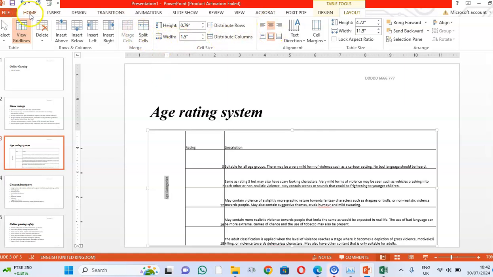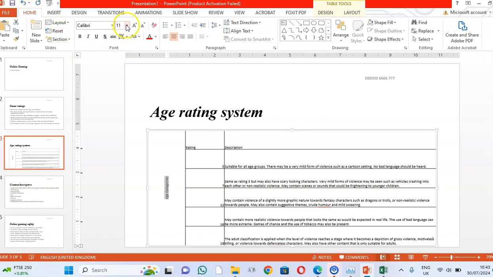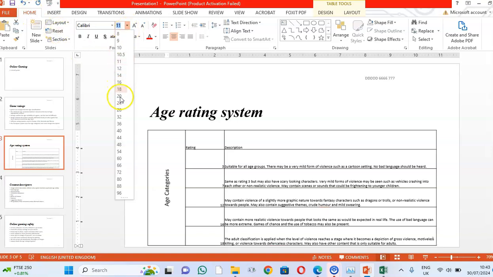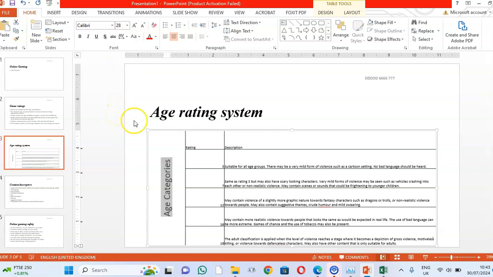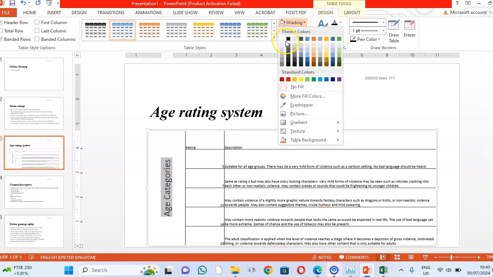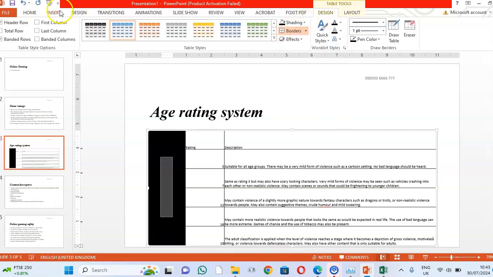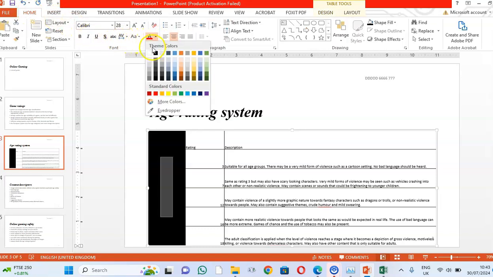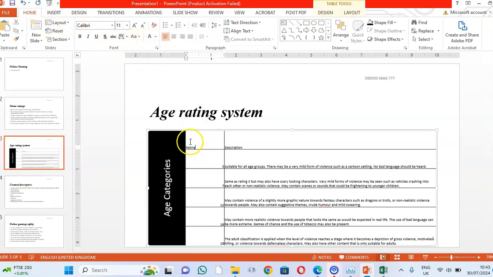Now I need to increase the size of my text. So increase the size. I think this needs also to work on, what should I work on now? So I can do the shading. So shading, I can make it black. Then I can go on to the font color, make it white. Then I'll go to the